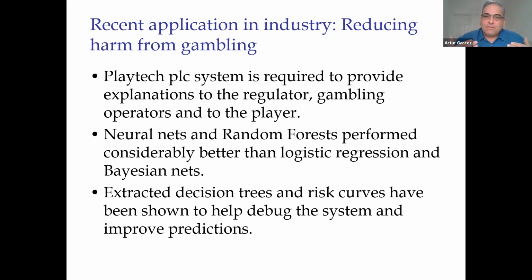But now it's clear that there are different aspects of explainability. In this case, are we trying to explain the system to the regulator, to the operator, the gambling operator, to the player, or even to the data scientist who hopes to improve the performance of the system. So these different facets are all very relevant, and the type of symbolic representation and the level of abstraction may need to vary depending on the level of expertise. And then there's a lot of recent interesting work on drilling down into representations that are extracted from such systems.